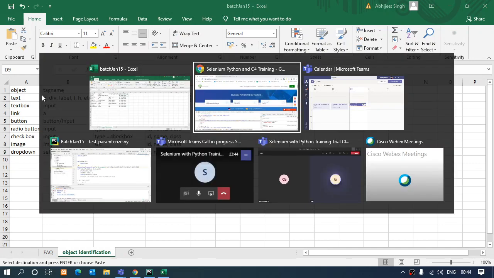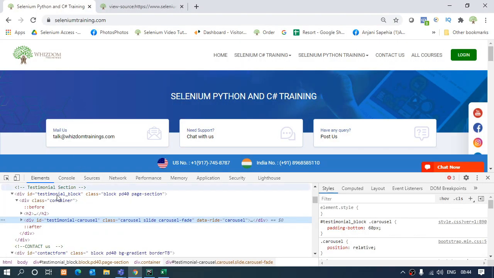Now if I see for any optional attribute, like you can see over here, this text that we have looked for, testimonial, it was in a div tag and it has an optional attribute id, which is given some value. It also have another optional attribute, that is class, which is given some information, right?